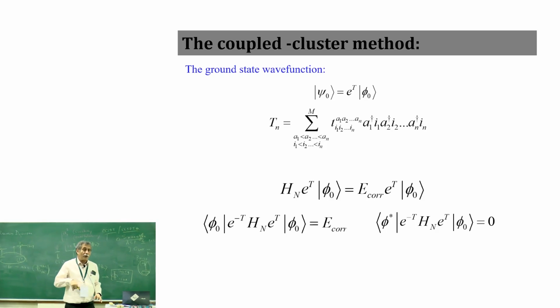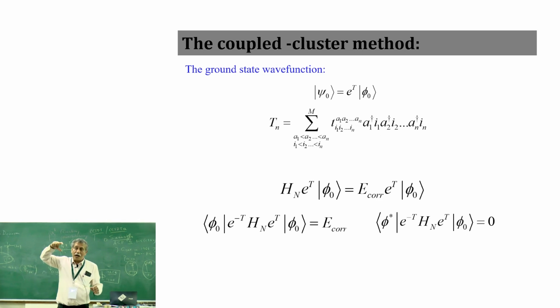In MCSCF, what will happen? I have determinants, I don't have fixed orbitals. So I will change not only coefficients, but orbitals, and hence MCSCF is much more expensive. So you have one CI equation, one SCF equation, stuck together. Yeah. Take care of some of these perturbations automatically.